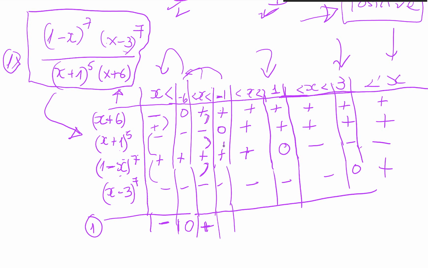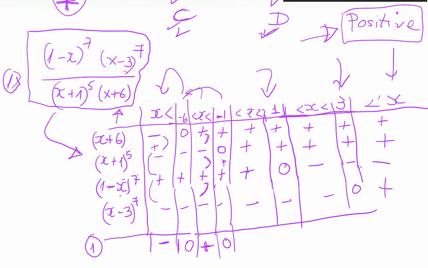Here, because of this 0, the product gives 0, but we are studying the case when they are positive